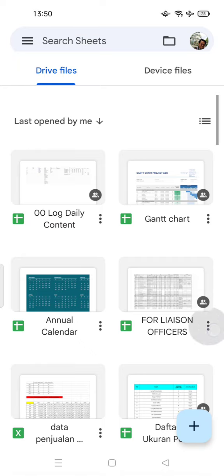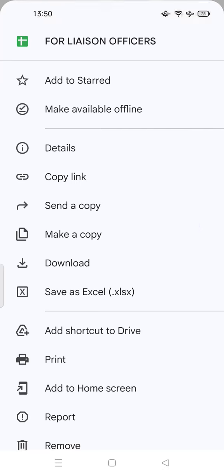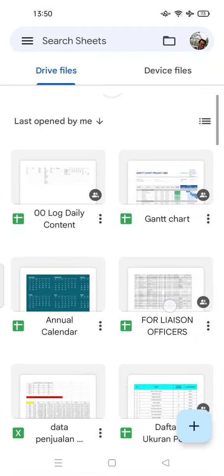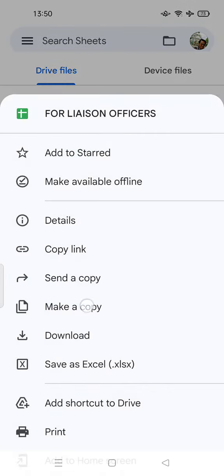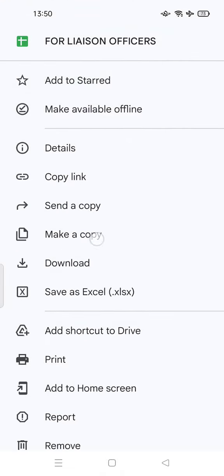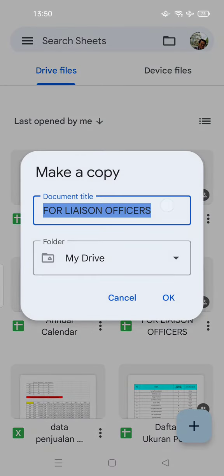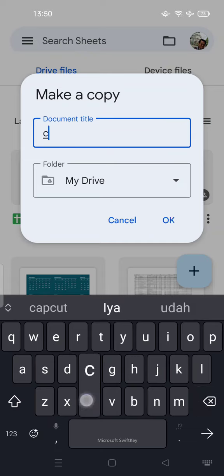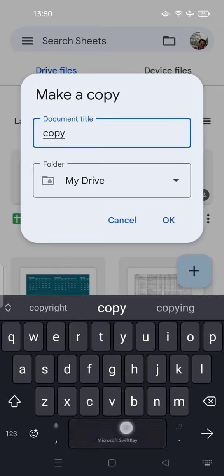This is for example. So all you have to do, before that, you cannot edit a file with view only, but you can make a copy here. Tap make a copy, and then you can rename. As you see, you can rename by yourself by typing in the document title,